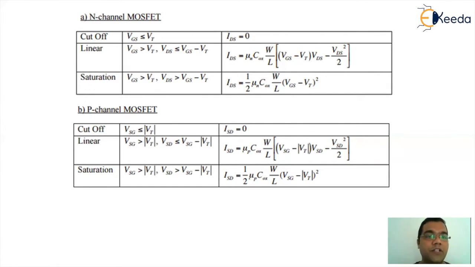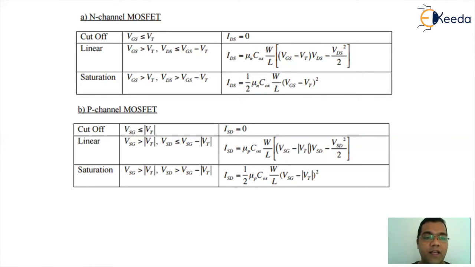When we go to the saturation region, where VDS is greater than VGS minus VT, which also corresponds to the amplification region of the E-MOSFET, the equation we can use is half W by L mu Cox bracket VGS minus VT the whole square. The notations we are using here are for the N-channel E-MOSFET. When you go to P-channel, the notations get slightly reversed. Instead of VGS, we will be discussing VSG. So slight changes in the P-MOSFET equations will happen.